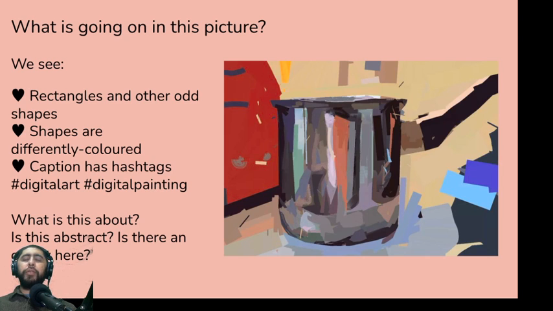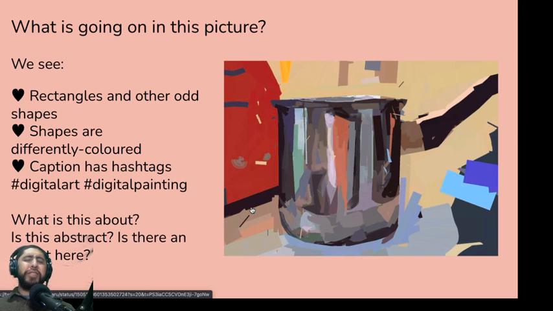Okay, so what I would deduce here, again, is a shiny pot. I was going to say pan. I think it's a pot. So the reason I say that is because, well, pots are silver, so we have the silver surface. Well, what about these weird shapes? So we can probably deduce that these are reflections, because when we think about shiny objects, pots, which are shiny objects, we often see reflections.